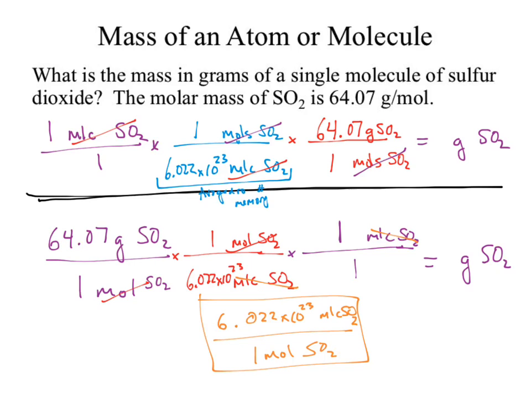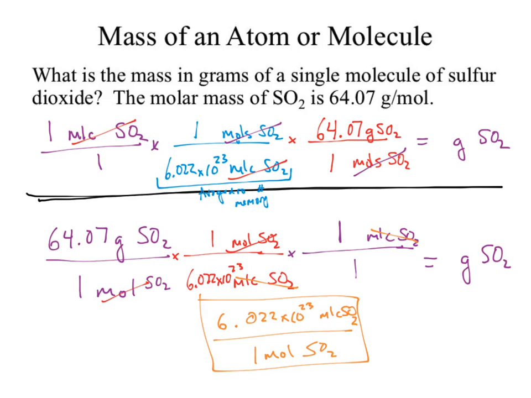So how do we know the red one or the blue one up here was the correct way to write it and not the orange one? Because you're given grams per mole, and if you were to be given grams over a mole, saying you were given 64.07 moles, then you would use that. But based upon what you were given in the problem, you have to know. Okay, and so